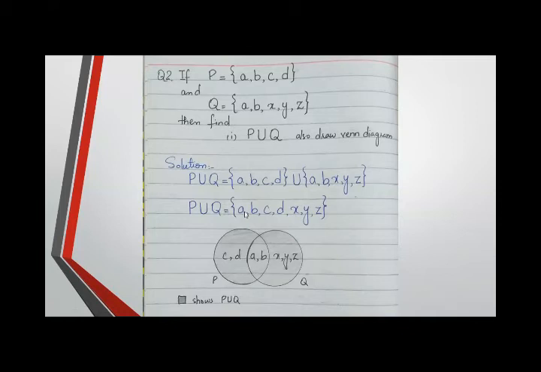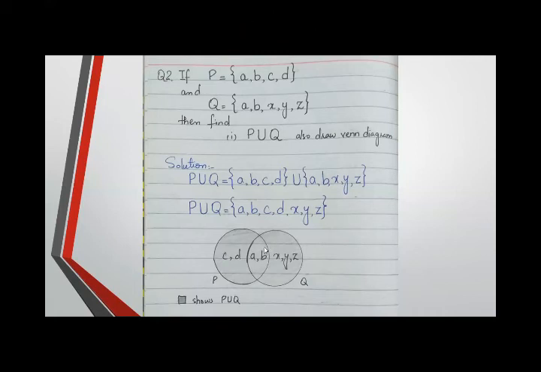So as you can see, students, A is present in both sets, but we write it only one time. And again here, B is present in both sets, but we write it only one time in our set. And the remaining elements of set P we write here, which are C and D, and the remaining elements of set Q, which are X, Y, and Z. Okay, students, the arrangement of the members doesn't matter. You can write in any way, but those elements which are repeated in both sets only write once at a time.